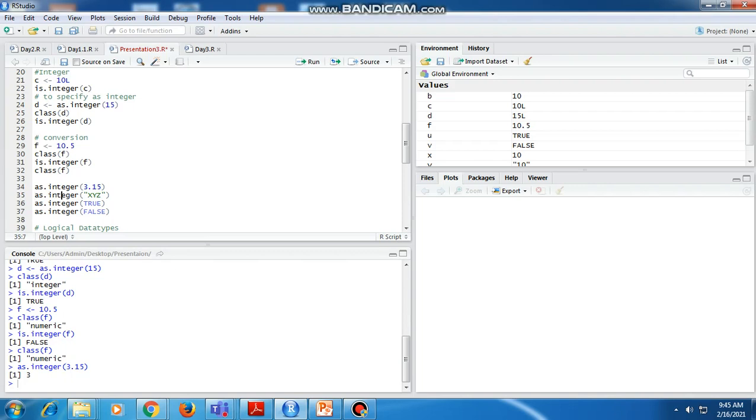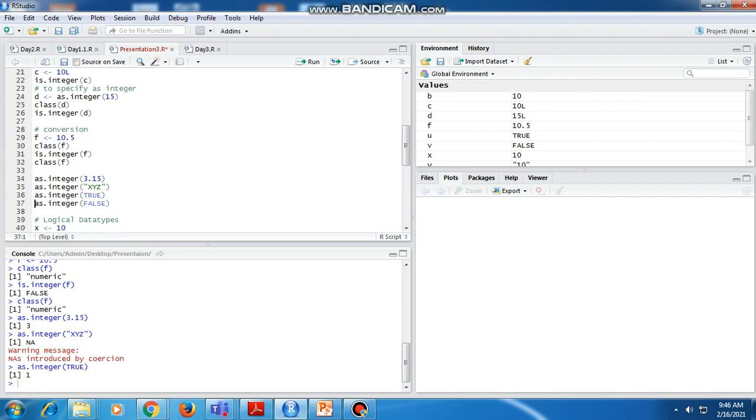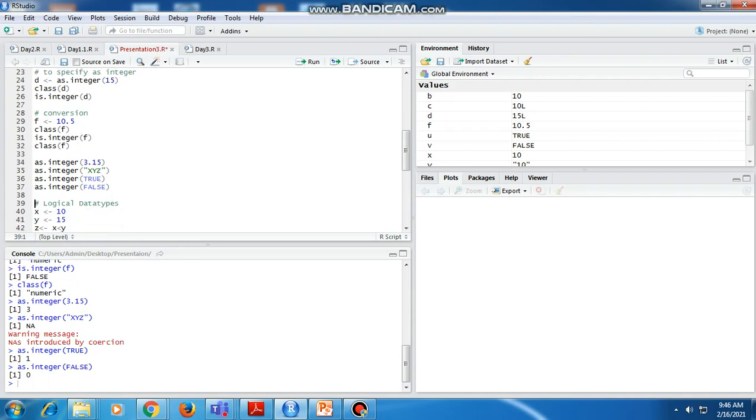Then if we try to convert a string to an integer, this is not applicable because the value we are passing is a character type, so it gives us an NA result. Then as.integer(TRUE) returns 1, and if FALSE it returns 0.